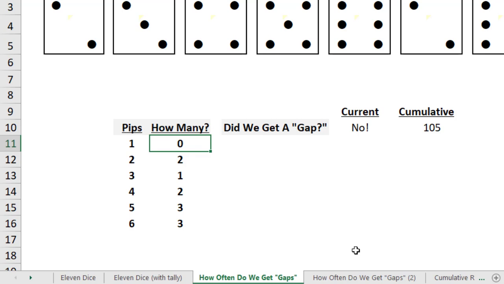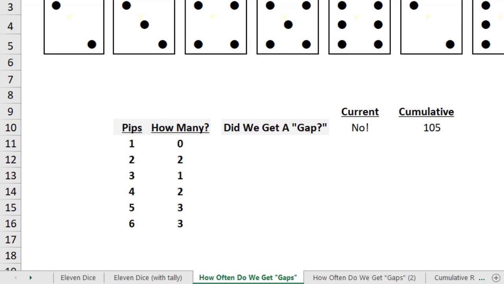I want to ask a question you can't answer. Is that a lot, or is that not a lot? I'm going to have you answer that question in your homework. Write down a thought right now. Is 105 a lot, or is it not a lot? Or do you find it hard to answer based on lack of other information? Write down your answer right now, and then we'll go further. Okay, hopefully you've got your answer written down.